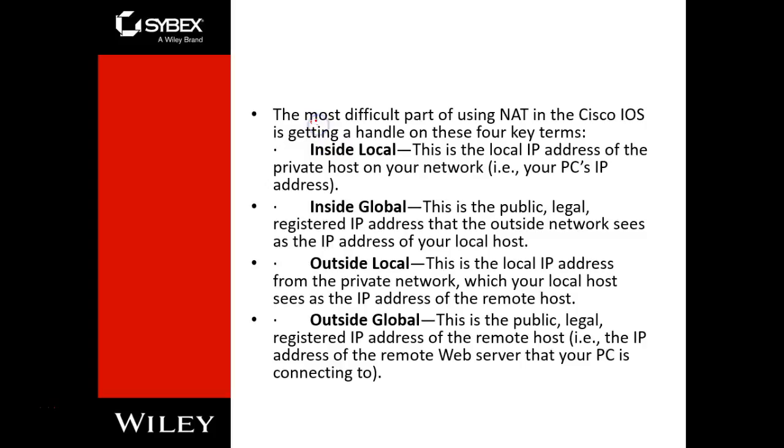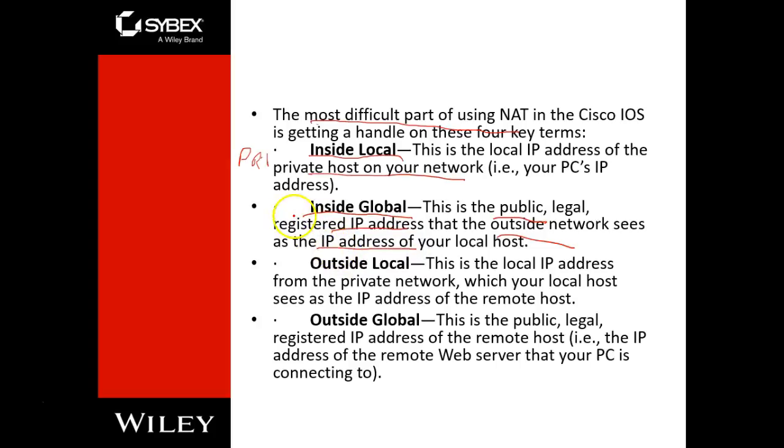This right here says the most difficult part of using NAT is the Cisco terms. I agree. I've got a picture here to hopefully make a little sense. The inside local address is the IP address of the computer on your private network. So it's the private network. The inside global is the public registered address that the outside network sees as the IP address